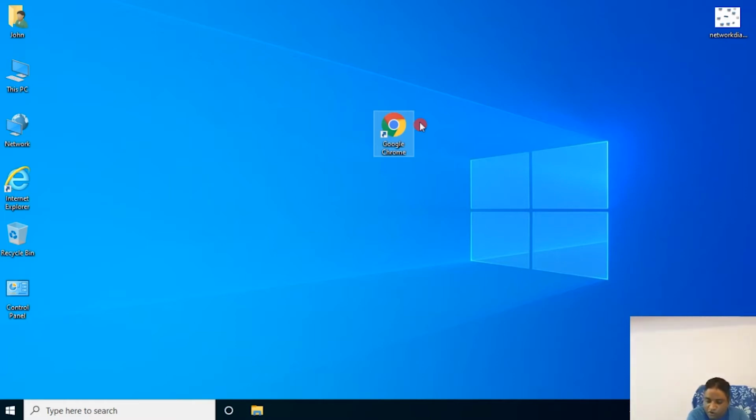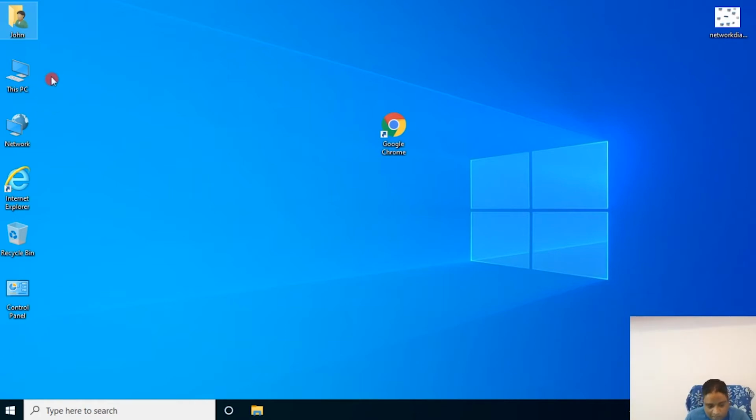So which are the default icons on a desktop? The first one is My Documents. It is named John. Why is it named John? When you purchase a computer or when you format the computer, it will ask you to put a name for this particular laptop or computer. So I put SFX or I put John. So it will be highlighted as John.